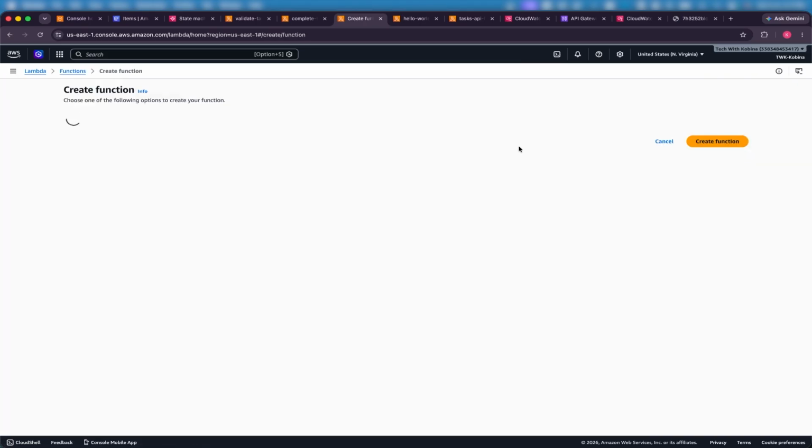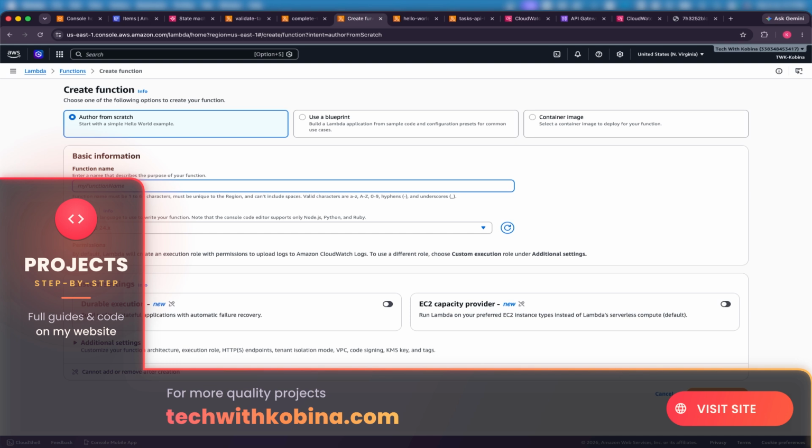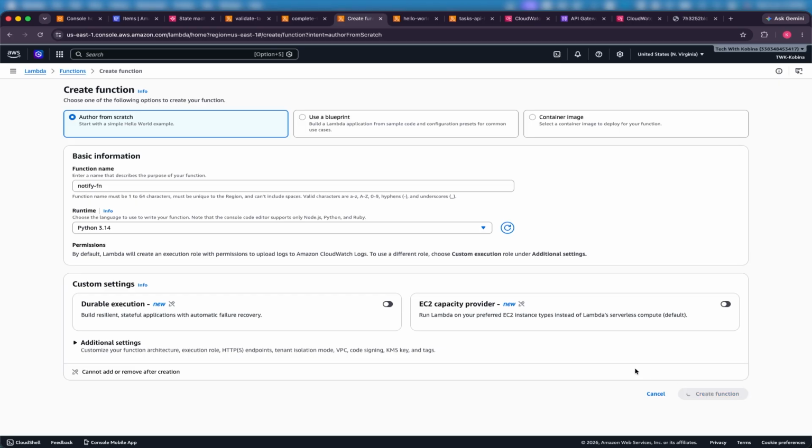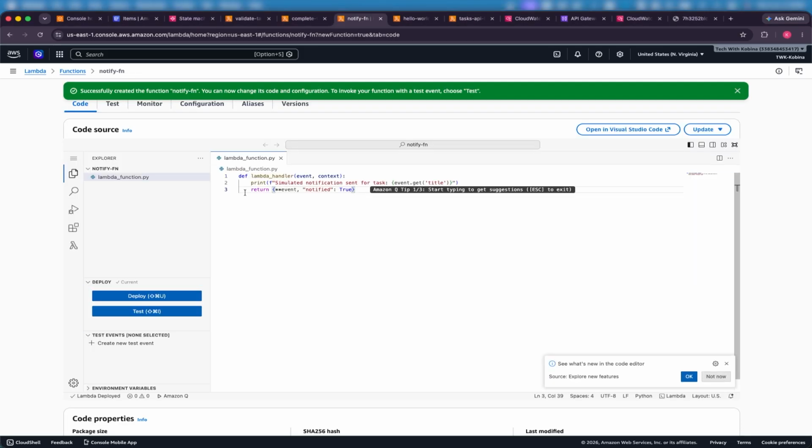I'm just going to create a function. This function is just going to be a dummy function with nothing fancy in there, just an acknowledgement stuff, the same Python runtime. This Lambda function is not doing anything, so I'm just going to create it directly. We are not invoking any service in here, so all I'm doing is just simulate a successful task sent and then there's a notification sent. So that's what that is doing, nothing fancy. Let me deploy,